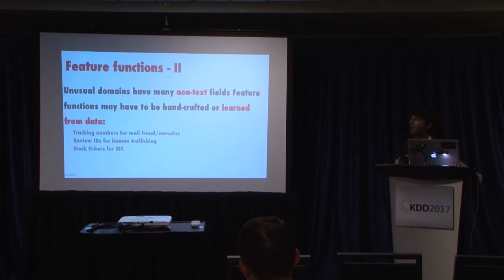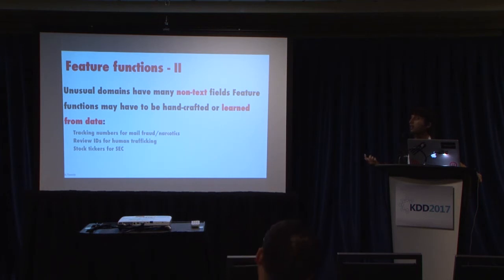When we're comparing tracking numbers, the difference in the number has no meaning. So if you have a long tracking number with, say, a 5 at the end, and you have the same tracking number but with a 4 at the end, the difference of 1 does not mean anything. It's a different number, it's a different package altogether. So if you use some normal feature like, this is a number, so I'll just calculate the difference in the number or some kind of Euclidean distance, it has no meaning, right? So you have to somehow learn that